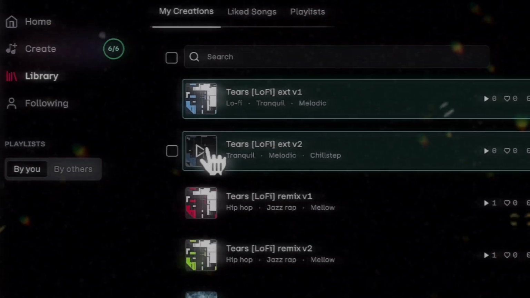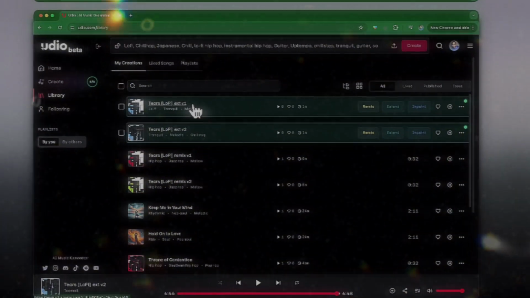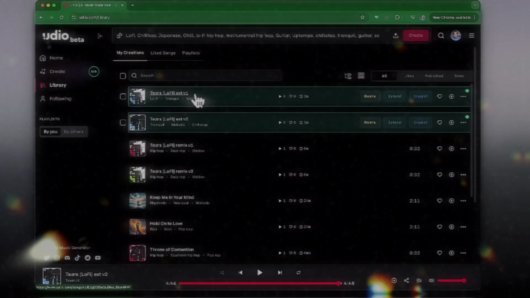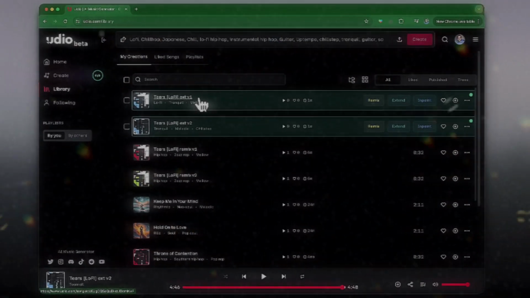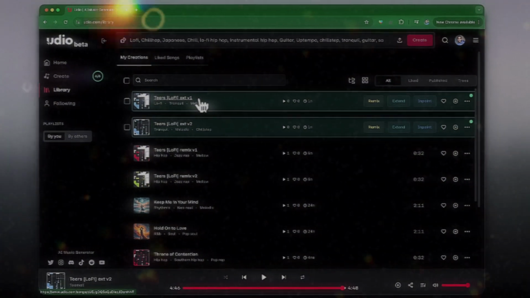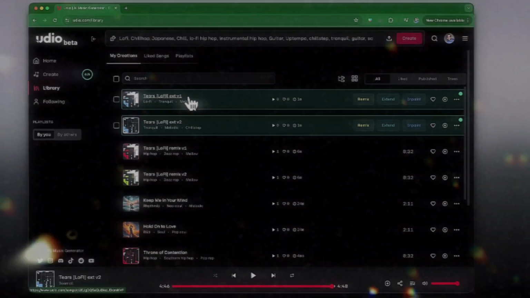So if I just think about that extension, it did sound pretty interesting. It just sounded like it took the original melody, it took the original beat, and it sort of just added onto that track. So I think that's definitely showing you what the extension feature is like. That's basically everything that we can do with the free features.